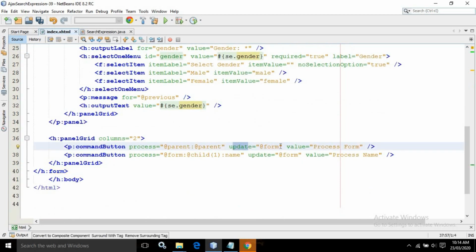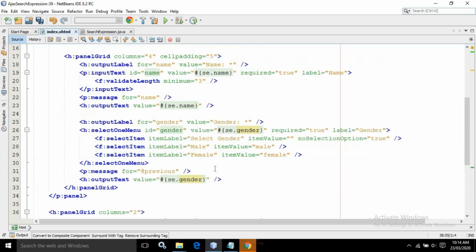This means it will update all the UI components inside the form, and in the value I have written process form. For the second command button I have written process equals @form. @form means it is referring to the form. Inside the form it is referencing the first child, and inside the first child I want to access the component whose ID is name.